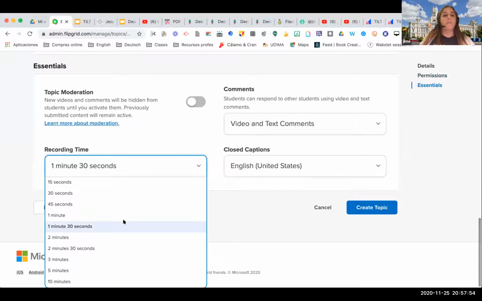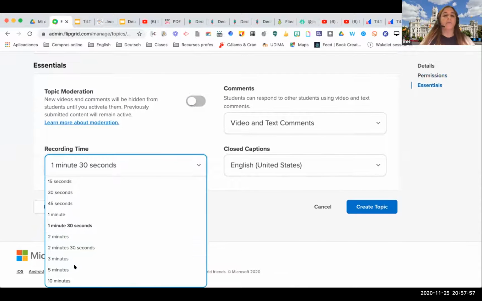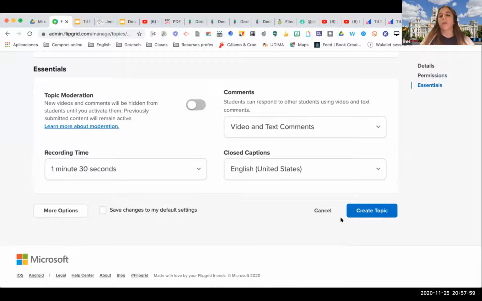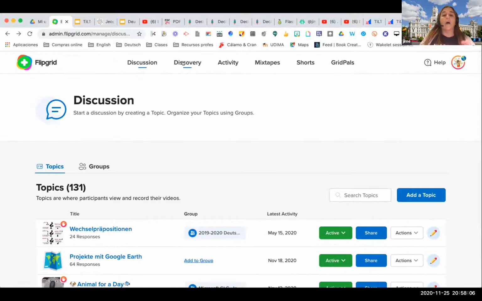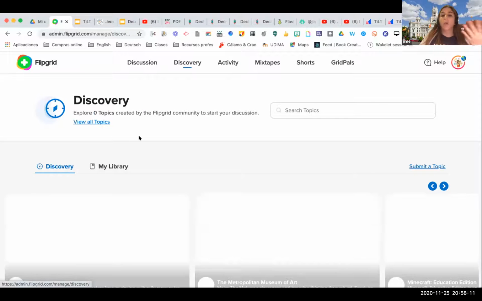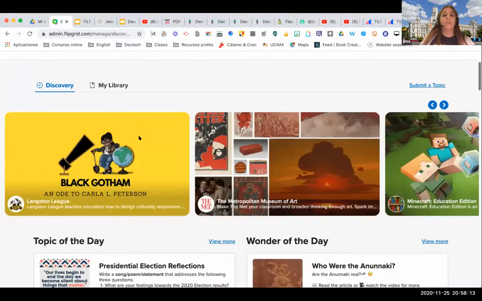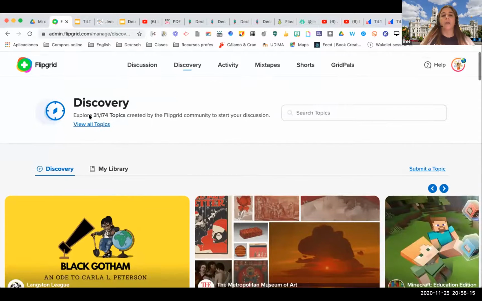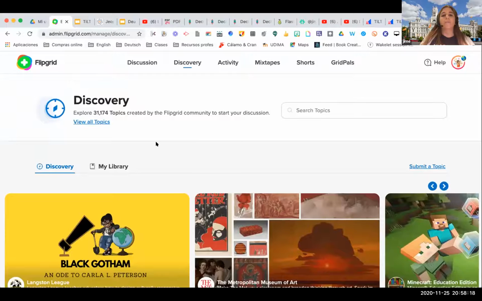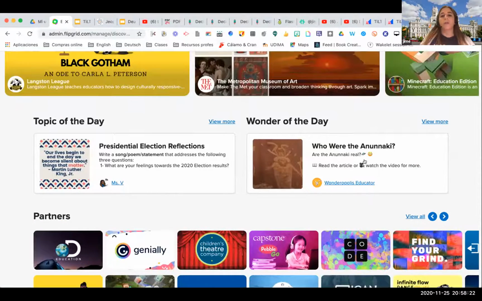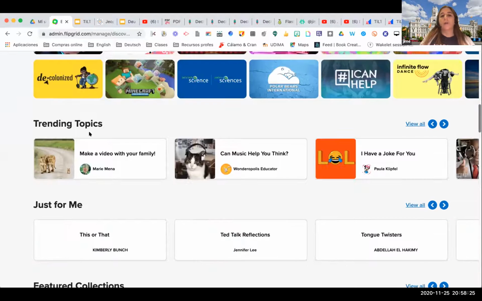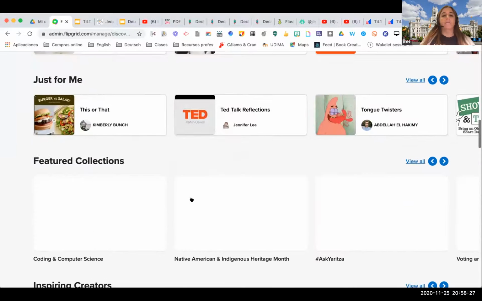Then you can choose the time. It can be seconds, it can be up to 10 minutes. You have lots of options, and you create the topic, and it's as simple as that. There's nothing else that you have to do. It's really easy. However, if you don't have the time for this, and you just want to go with topics that are already available, Flipgrid has a great library, which is called now Discovery. You have here ready topics that you can use. You have here the trending topics, or you can just